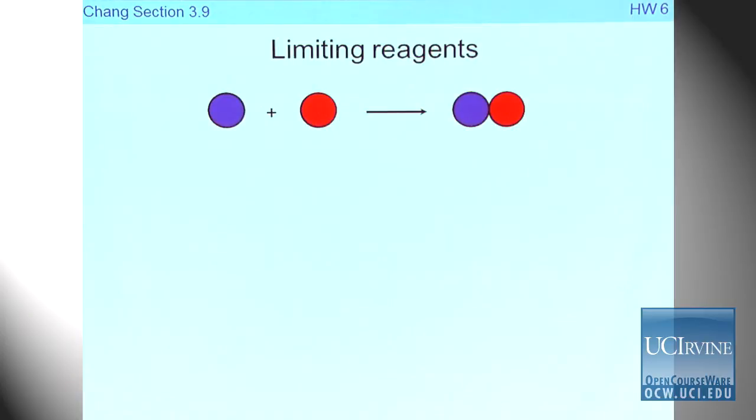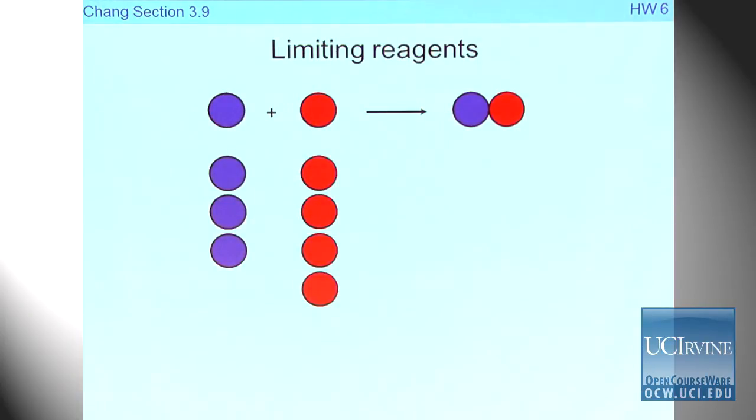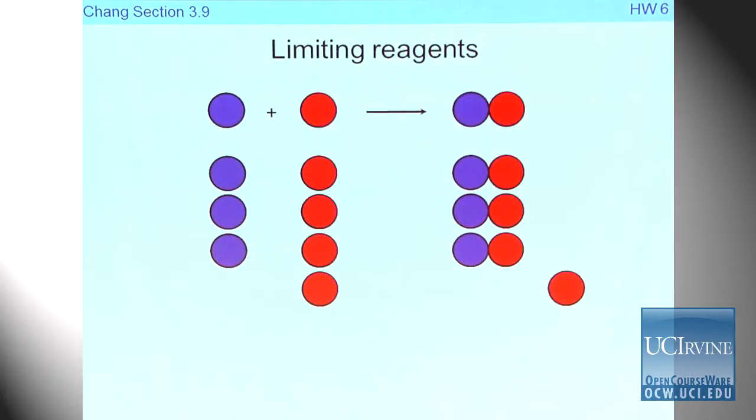Now, let's say we have 3 blue boys and 4 red girls. How many couples can you make? 3. Wow. That's right. 3 couples. 1, 2, 3. Well, I have also 1 red girl left. She can't find a partner. Very, very sad. So